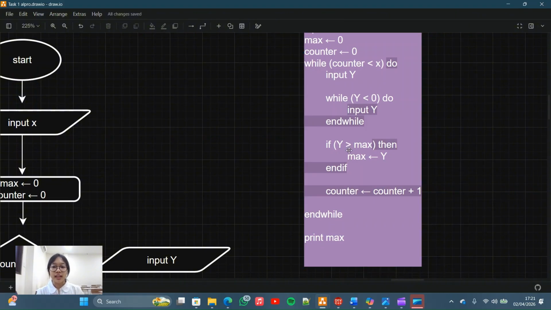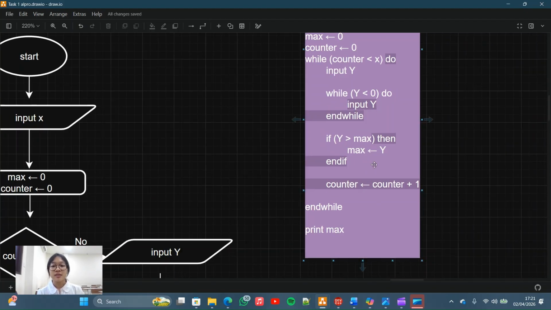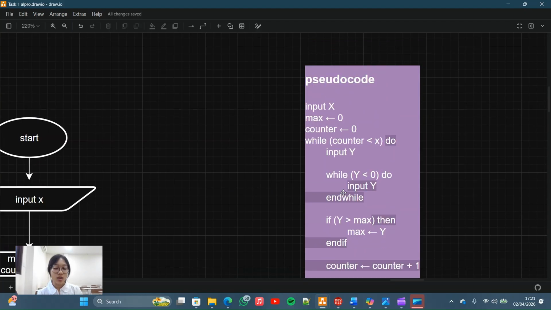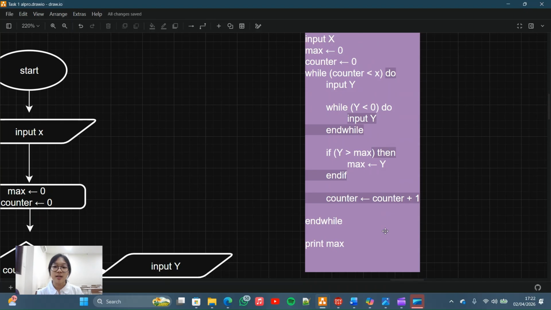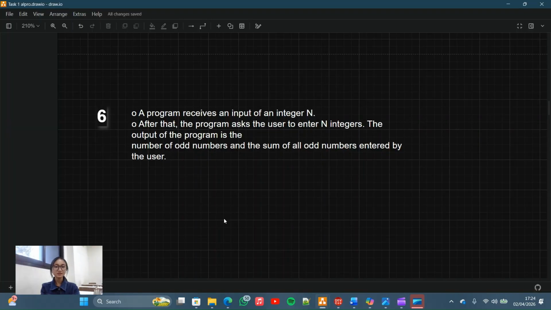In this part, the program checks if y is larger than max, then stores y to max, and the counter is increased by 1. This while loop ends when the counter has the same value as x. So if the user has input the x numbers, the program will print the max.